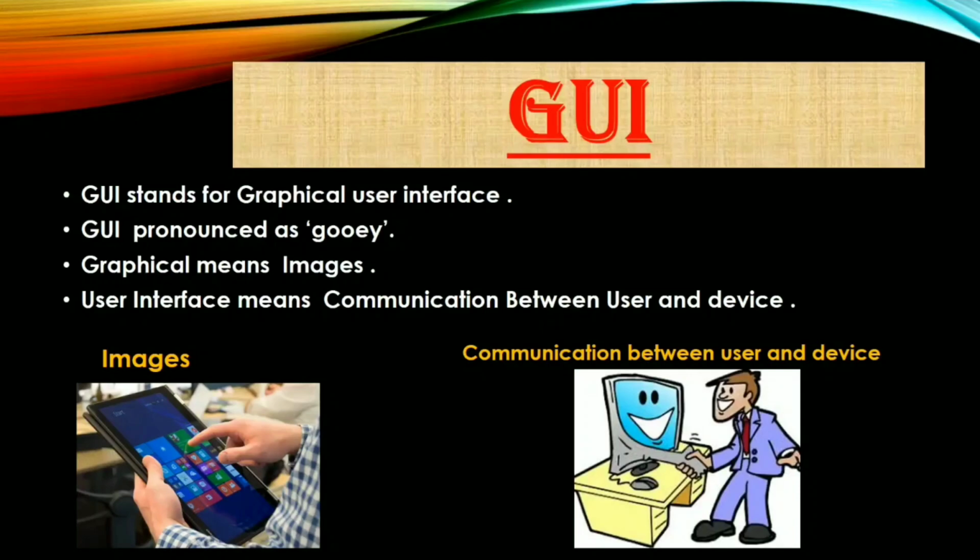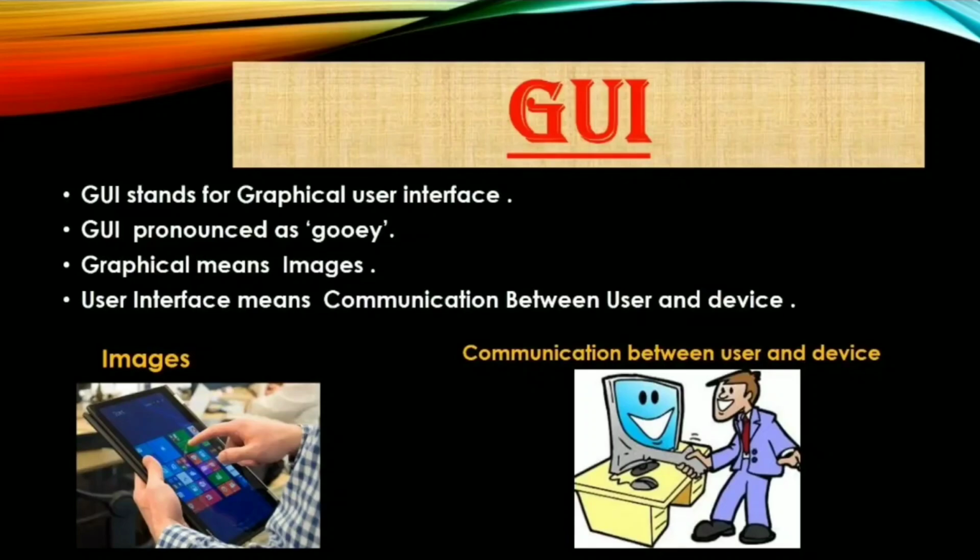Before understanding what GUI is and how it works, first we have to understand the meaning of the words Graphical User Interface. First, we will understand the word graphical. Graphical comes from the word graphics, and the meaning of graphics is images or pictures, which we can see in our computer system, that there are lots of pictures. And the second word is user interface. Now first we will understand the meaning of user. User means a person who uses a computer.